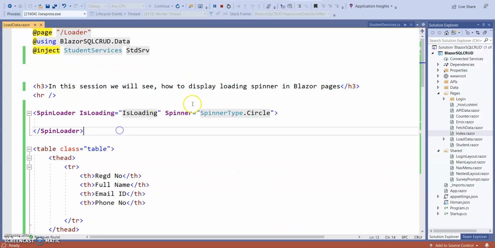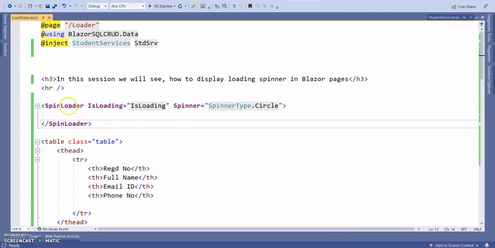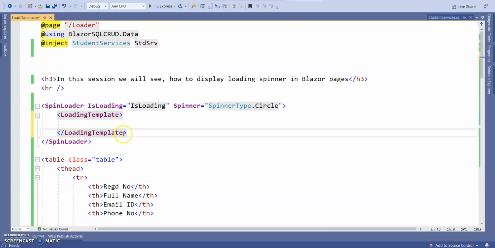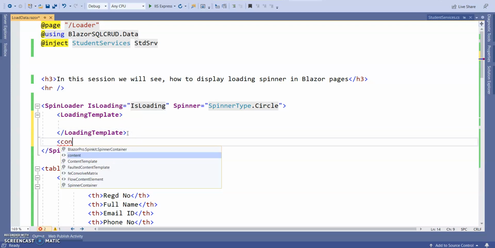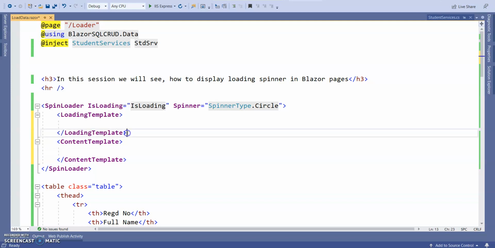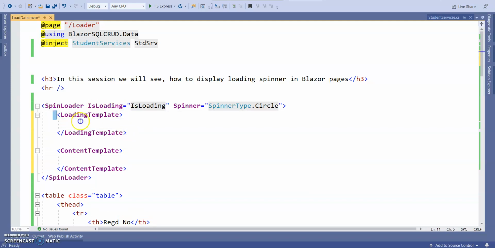For that, this SpinLoader component takes parameters. One is LoadingTemplate, and next is ContentTemplate. Actually, it takes three parameters, but let's go with these two first. The LoadingTemplate is shown at the time of loading, and after the loading, the content will show.